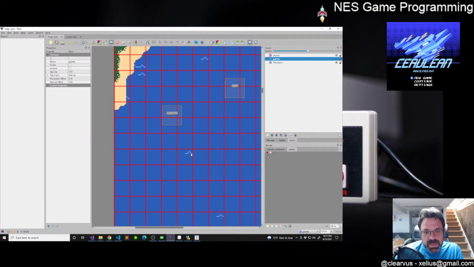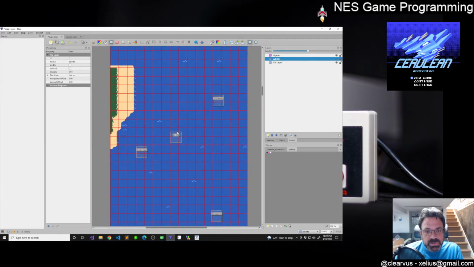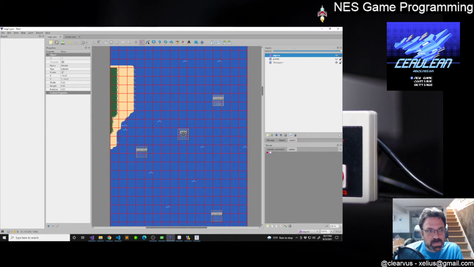so it looks like the enemy that we put in here is potentially spawning and killing the player, except that we don't see it. It is invisible, which is weird and incorrect. So it is set to be visible. Does it have a type? There's the object layer. The object is selected. How come I don't see a type? I see a type there. I see, okay. So the type is a little bit,